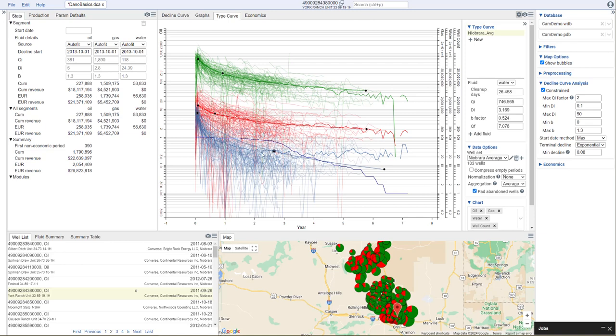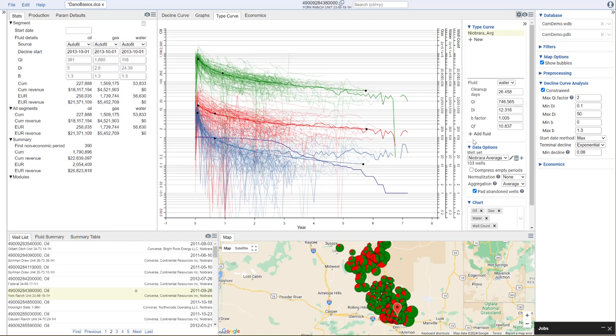And water here, once again, has a very strong hyperbolic decline due to flow back of frac fluids. And once again, I'm really focused on this early time data where we have more wells, not focused on it as much out here where the well count drops. That's why I'm less bothered about the misfit. All right, and so once I've done that, I now have a type curve for oil, gas, and water based